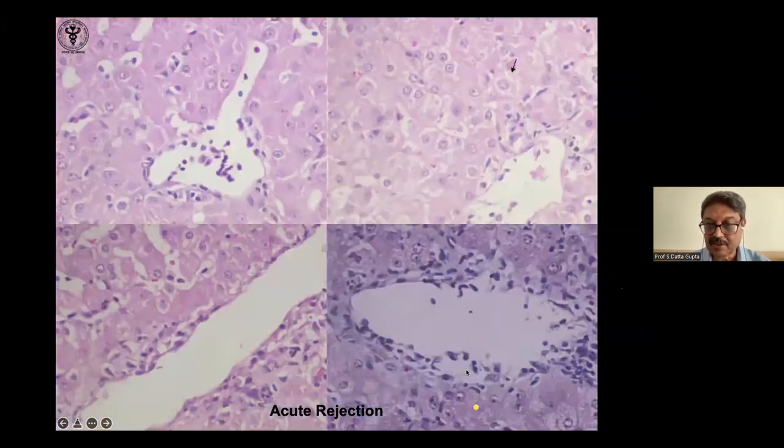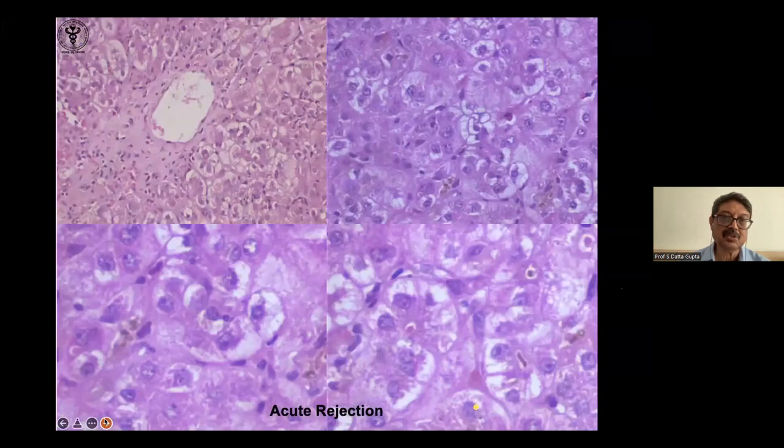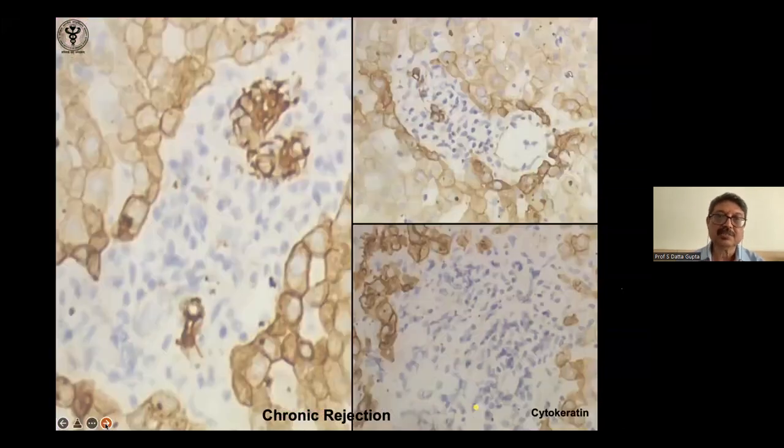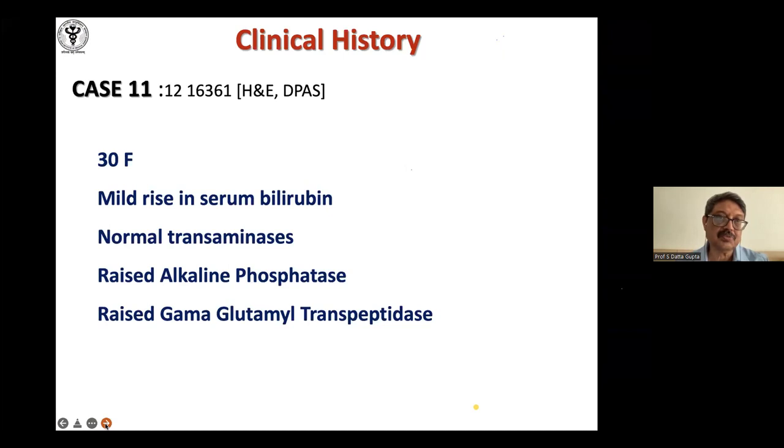Look, a lot of endotheliitis. You can get cholestasis. Look at this endotheliitis. So this was mainly to show you what you get in acute rejection. You can get ballooning, you can get cholestasis. And in chronic rejection, of course, you can get paucity of bile ducts and foamy histiocytes, and because basically there's loss of bile ducts, it looks like obstruction and so on.